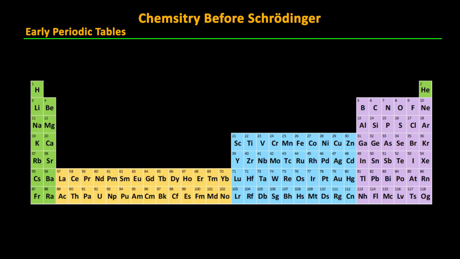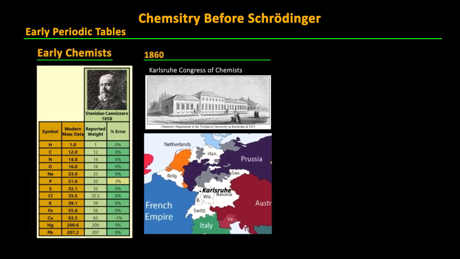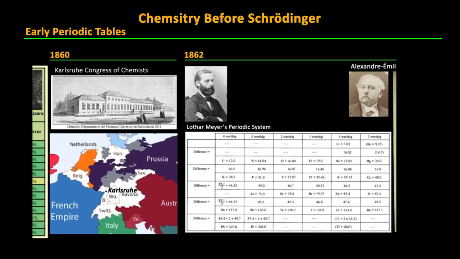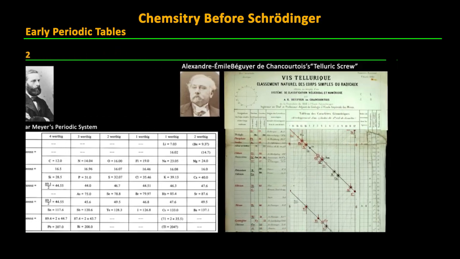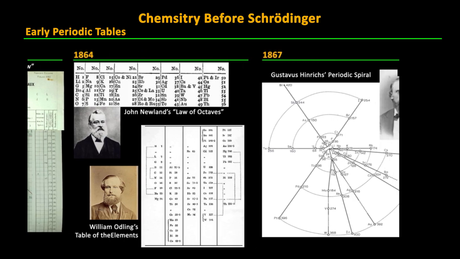Before diving into using Schrödinger's equation to explain the periodic table, it will help to review what was already known about the periodic table prior to 1926. Italian chemist Stanislao Cannizzaro published a reasonably accurate list of elemental atomic weights in 1858. Chemists began to lay them out in order and noticed their chemical properties tended to repeat cyclically.